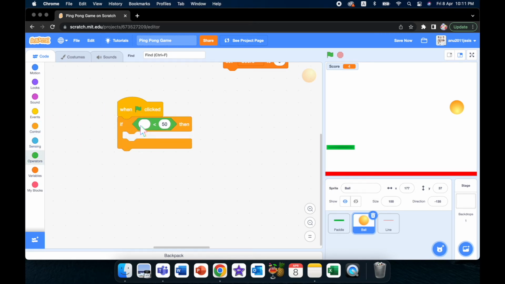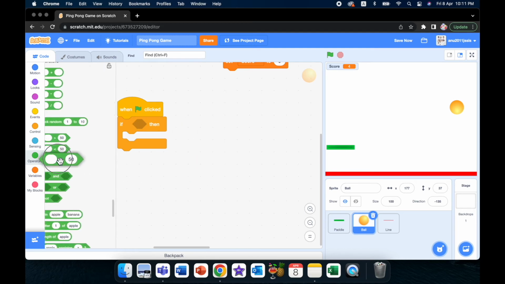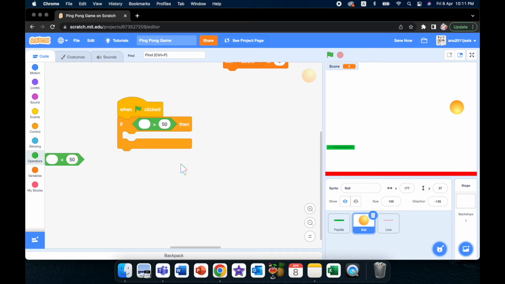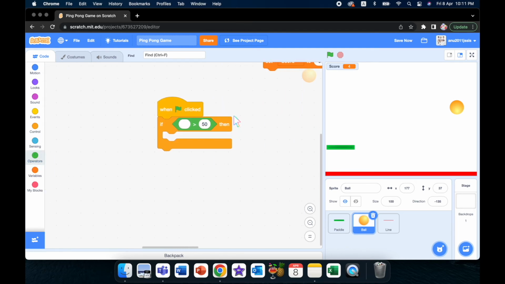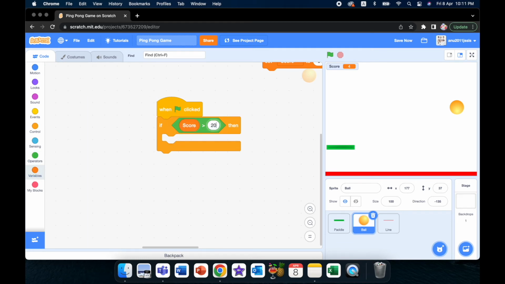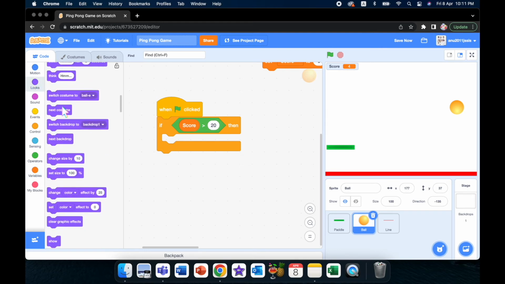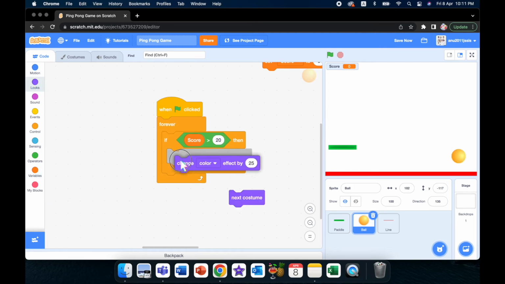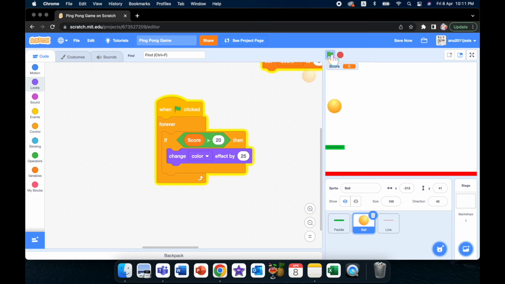So if score is more than, okay, let's make it 20. So if score is more than 20, then go to the looks category, change color effect, not next costume, color